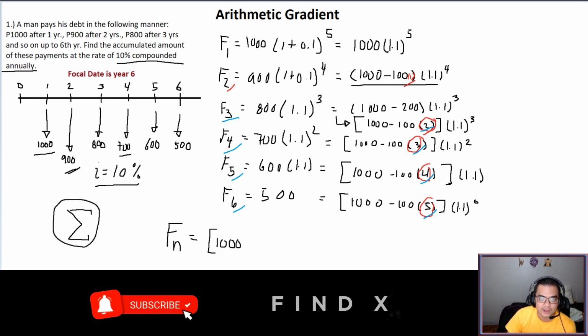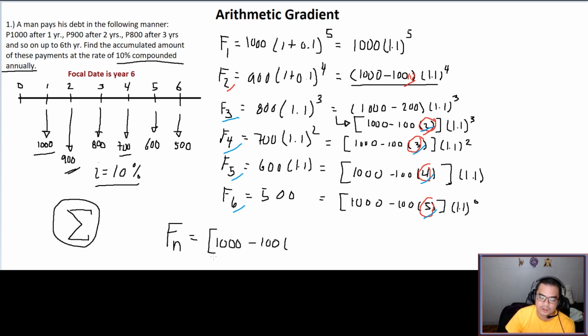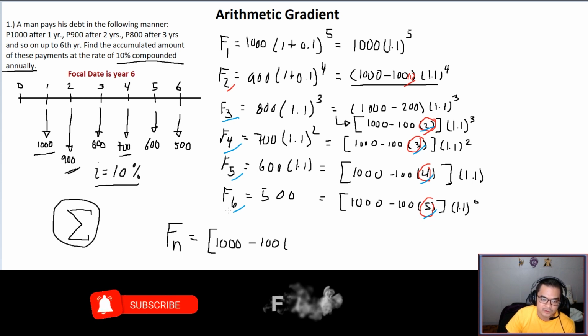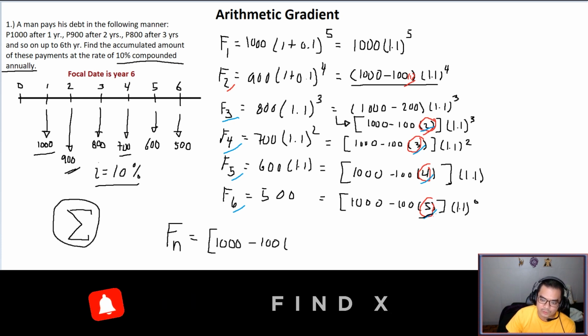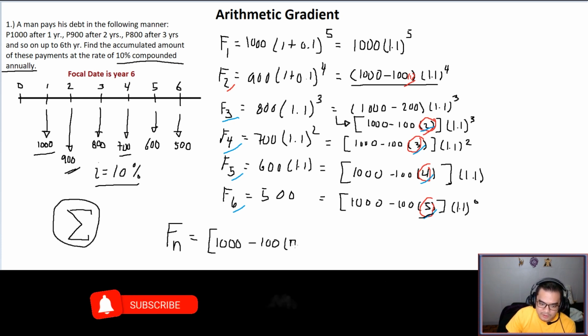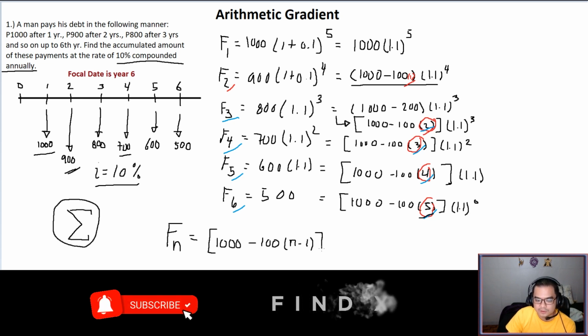Therefore, I can say the general formula will be minus 100, which is a constant, times what? If this is n, this one must be minus 1. So subtracted to 1 to have this one. So this must be n minus 1, times